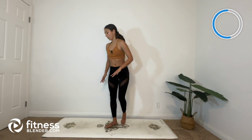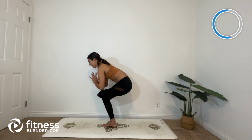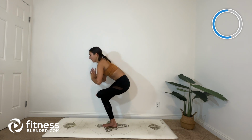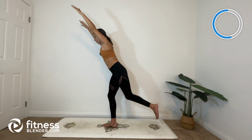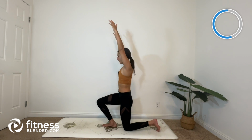And actually, let me turn this way so that you can see it a little bit better. We're going to breathe here for 3, for 2, for 1. Take an inhale to bring it right back up, one-legged mountain. Exhale, step that left foot back and start to lower the knee all the way to the mat, coming into